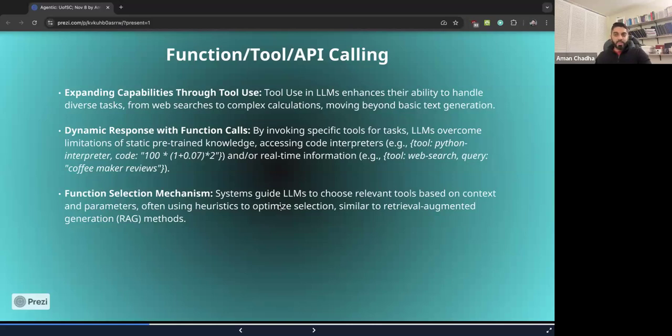And at runtime, as you put in a query, it should be able to go from that particular input to a particular function call based on your environment, whatever is available to you, with the right set of arguments. So that is the entire idea behind the function selection mechanism: going from a relevant input query to the function call that maps to that particular query, and being able to come up with a relevant output based on what the query is looking for the LLM to do.